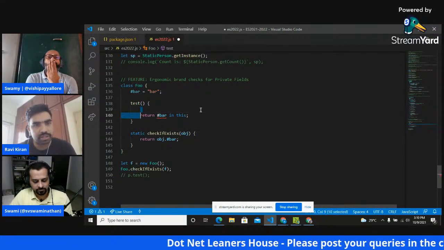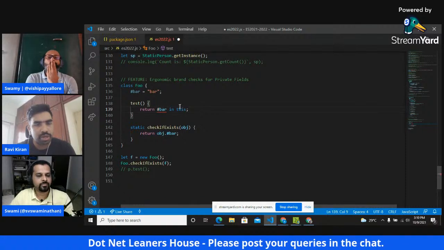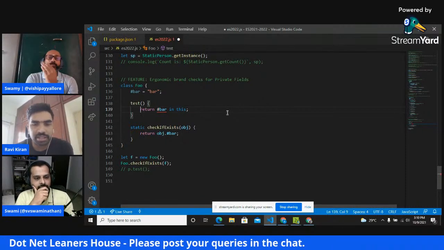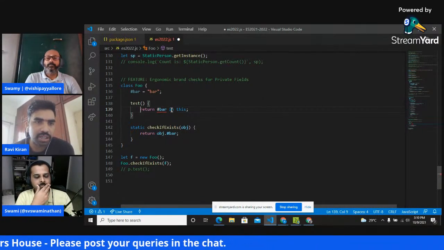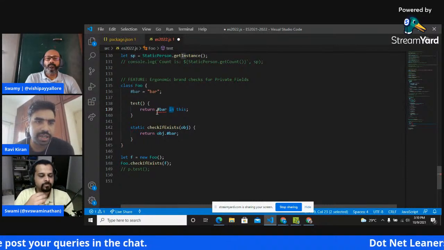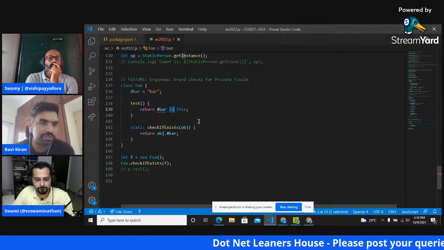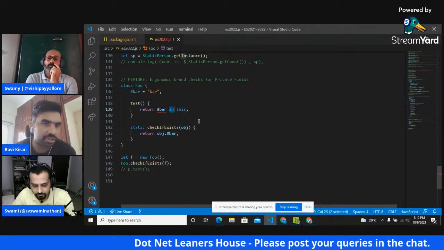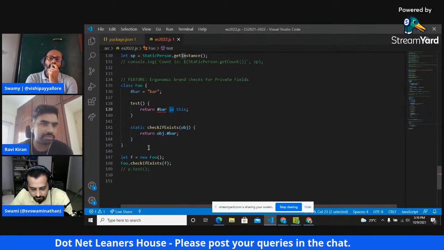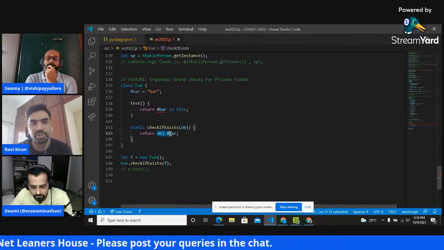So that's why this proposal is to enable checking of the property name using the in keyword. So you can say #bar in this. This way you can check if the property exists or not. The same example, I intended to change it here.